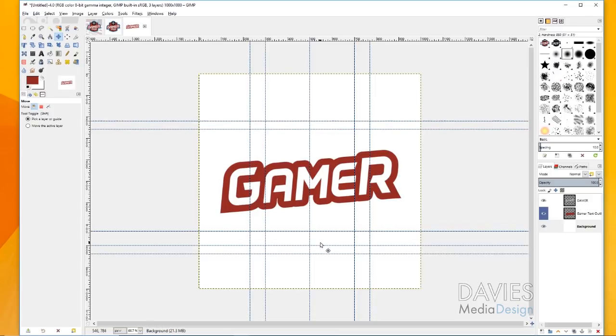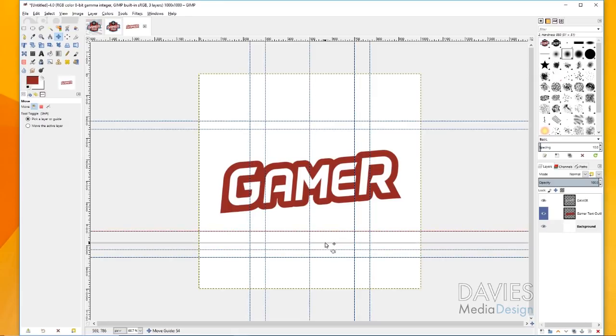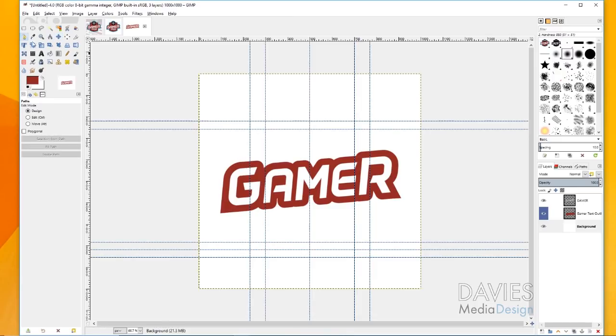And so I'm just going to cheat this up a little bit, and I'm just eyeballing these, and I might be adjusting them later as we start drawing, so we'll see. So the next thing I'm going to do is draw the shield using the paths tool. So I'm going to grab my paths tool, and I'm going to put the first point here on the outermost guide and the second vertical guide there, and then I'm going to put the second point here, and the third